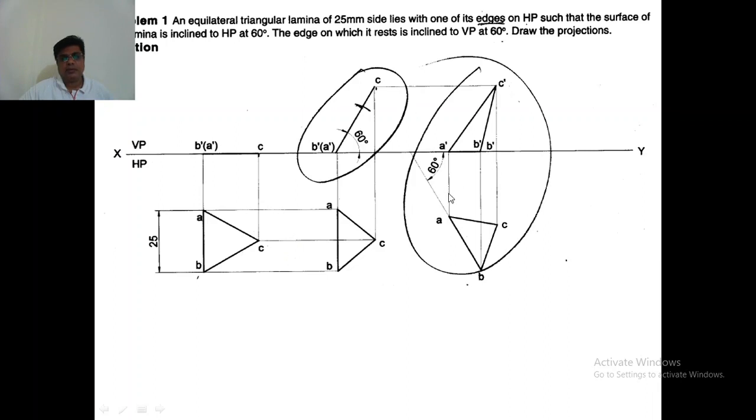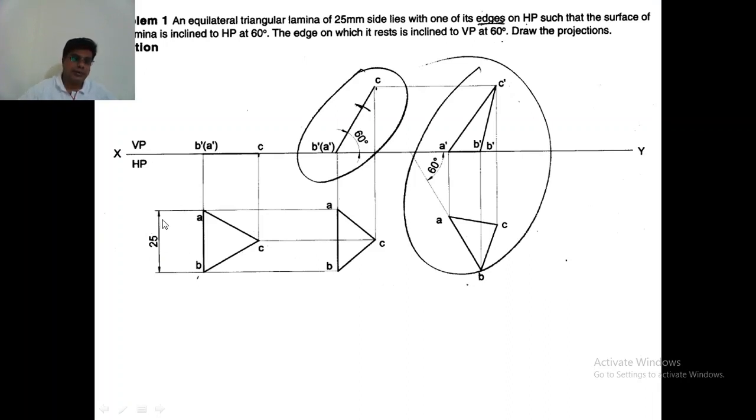Okay, so you draw with the micro tip pencil, and all these letters, whatever you write, X and Y, VP, HP, these dimensions, B dash, A dash, all these things should be written using your HB pencil. It should be a little bit darker than the XY line and these projection lines. So all the letters you write should be written using your HB pencil.